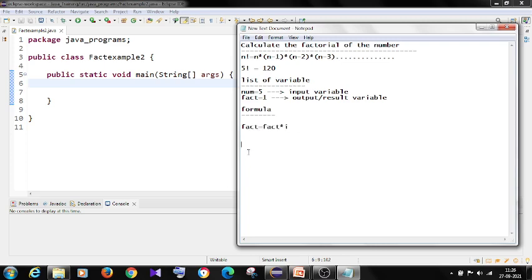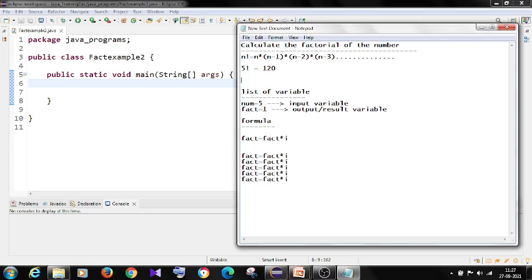The factorial of 5 is 5 into 4 into 3 into 2 into 1, and the same logic I have to implement here by using this formula.